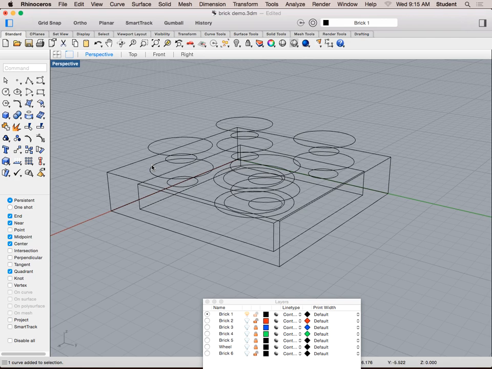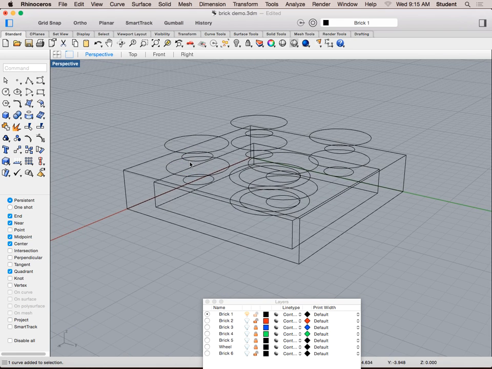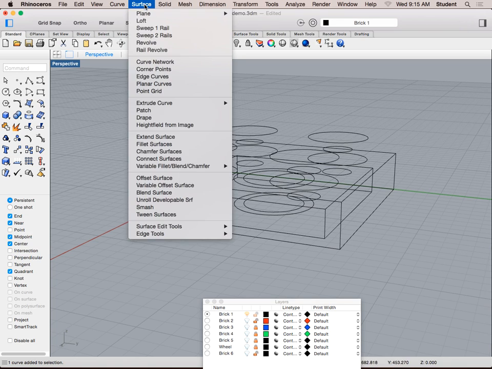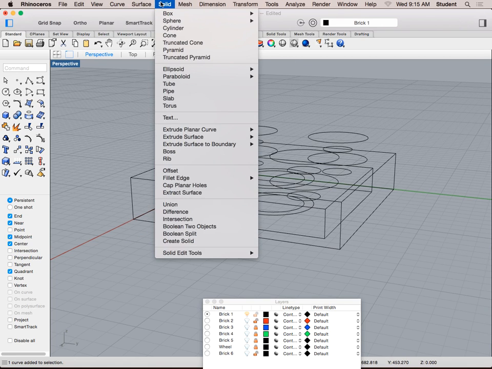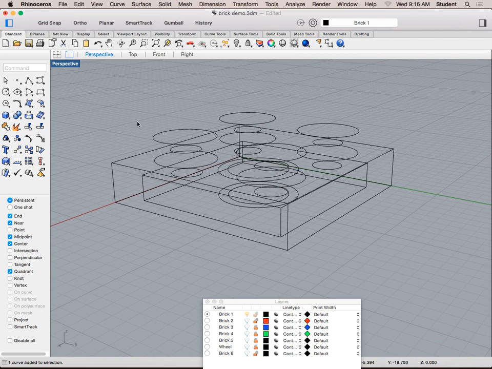Now, there's two ways that we can model this thing. We could surface the entire thing and then cap everything off and make it a solid, or we can start with solids. So we're going to model this twice. So let's start with just surfacing it, because you may use one tool at one time and the other tool other time. So we're going to use primarily the tools here under surface. We're not going to use any of the solid tools at this point. So let's start with